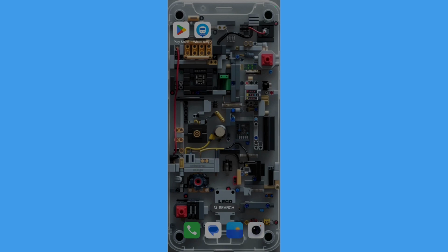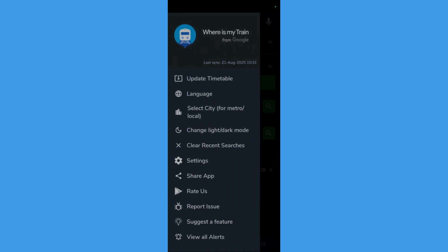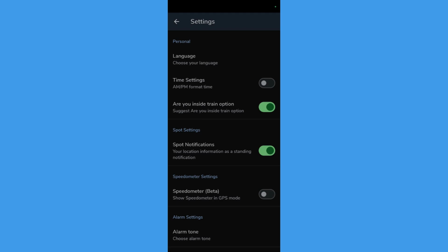So in order to enable that, the first thing that you will need to do is simply open up your Where is my train application, and once the application opens up, you will have an interface like this. Now in this particular interface, you need to click onto these three lines present at the top left corner, and this will open this navigation menu. Now in this navigation menu, you will need to click onto this settings option